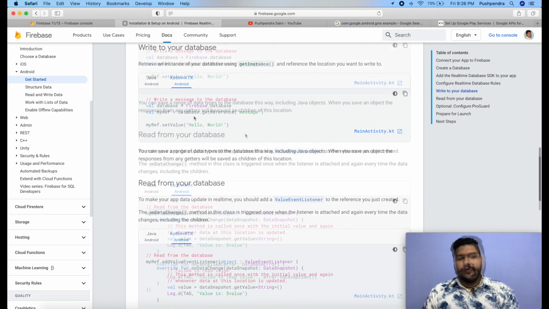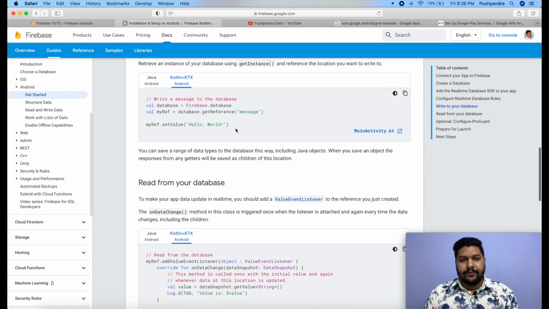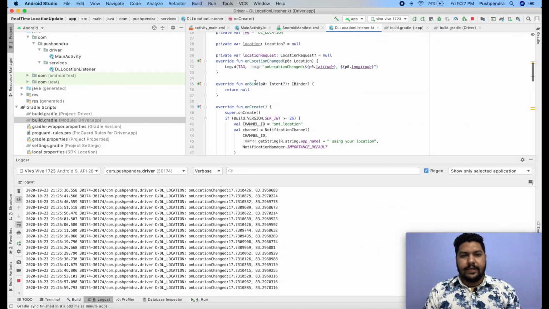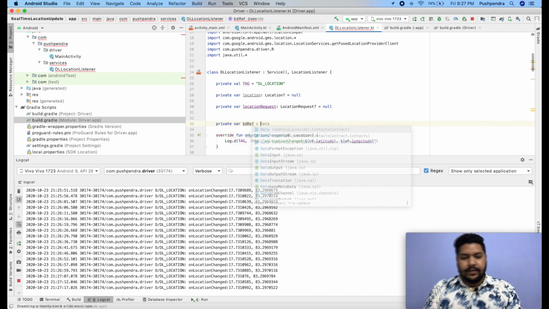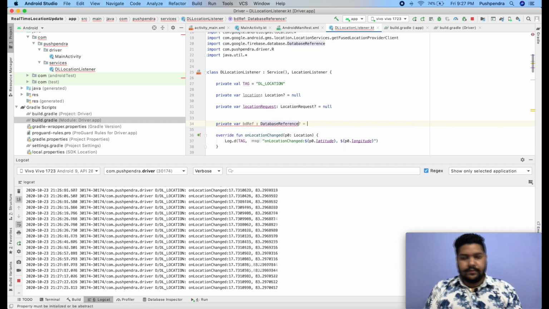Now we have to emit some information, means we have to put some information. So how will we do that? I will put it here, private var dbref, and it will be database reference null.